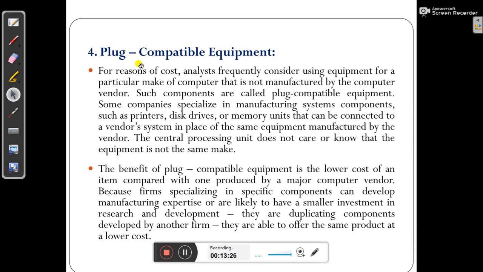So in that way you can assemble the system to work in your favor, because obviously the CPU, or central processing unit, does not care about or know that the equipment is not the same, not from the same brand. The benefit of plug compatible equipment is the lower cost of an item compared with one produced by a major computer vendor. So you can get a lot of discount if you go for plug compatible equipment, because